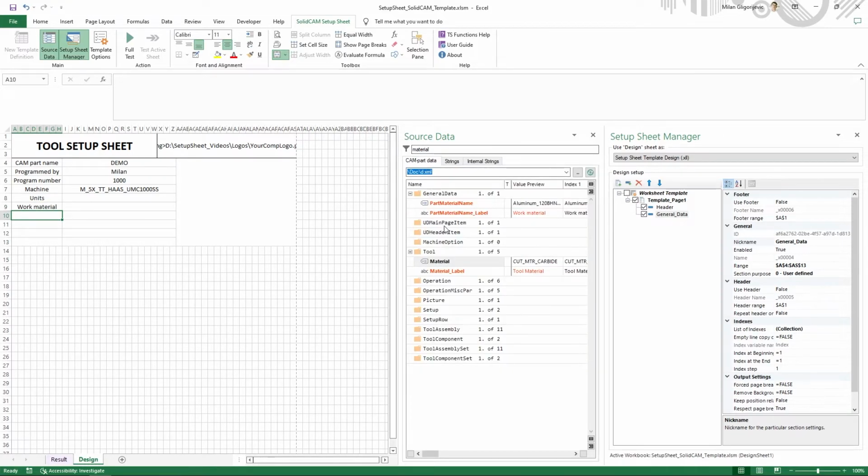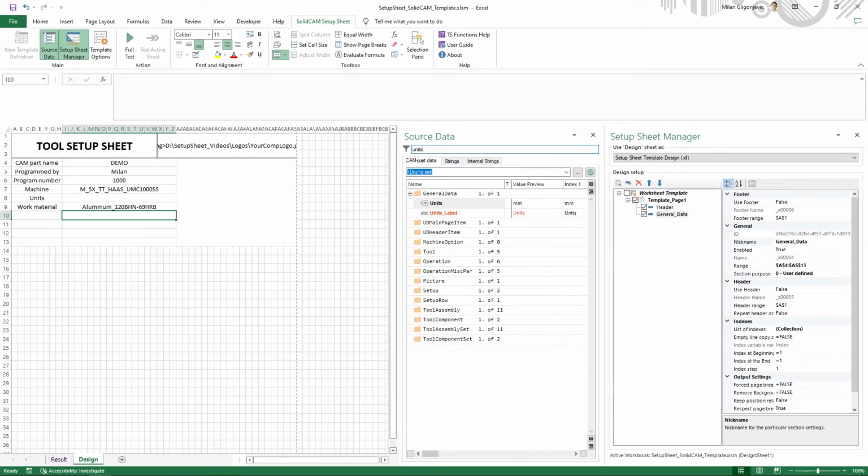Now let's go here inside the CAM part data to get the values. For work material, since we already searched it, we can find part material name, copy it. Sorry, my mistake, copy. Work material, paste. And let's search for units. I will copy it and go here and, oops, not here, my mistake. Let's delete this, paste it here. Okay, next up,